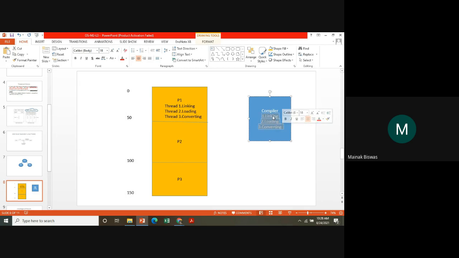So these are all heavy tasks, and if you use a single heavyweight process that uses a single thread of control, then let us think that P1 is a separate process which does the linking only. P2 is the separate process which does the loading only. And P3 is the separate process which does the converting only, that is from a high level language to a low level language. Now, why do we require these